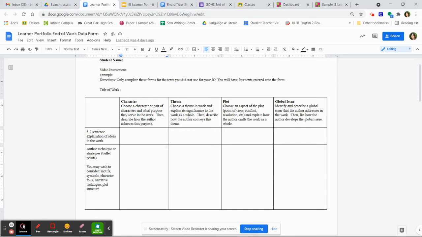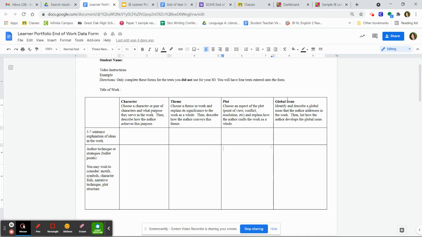As far as theme goes, you'll choose one theme, or you could do more if you would prefer. And then how does the author convey this theme? So about 5 to 7 sentences talking about the theme and the techniques being used to reveal that. For plot, you'll choose an aspect of the plot. So perhaps the point of view, who's giving the story, the conflict, the resolution. Explain how the author crafts the work as a whole,